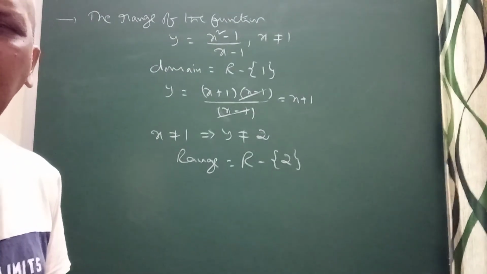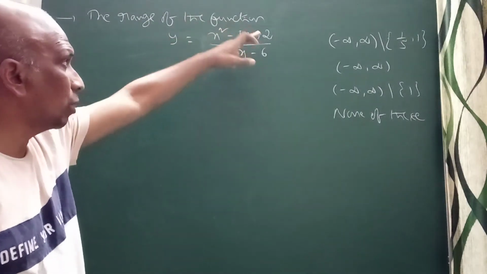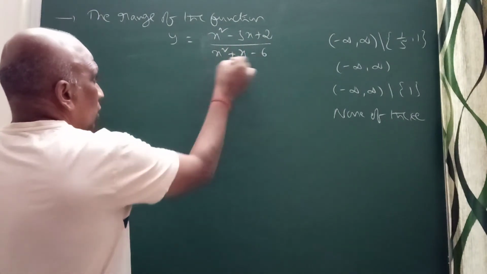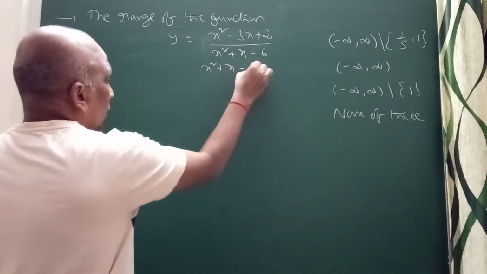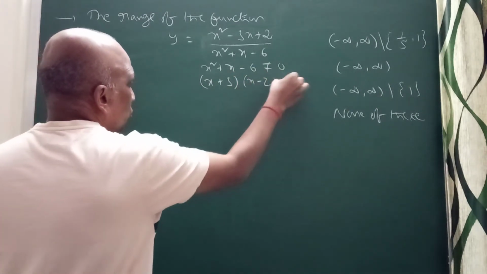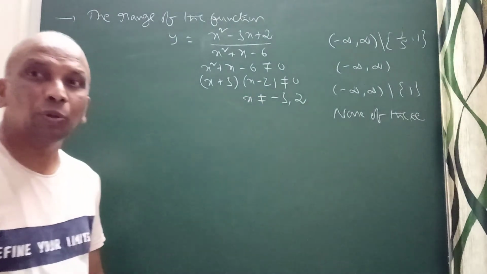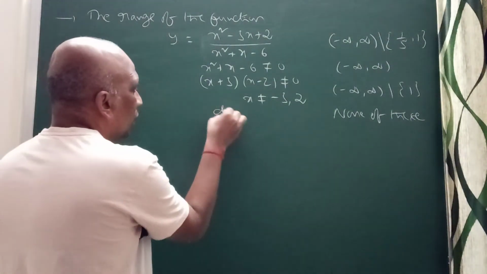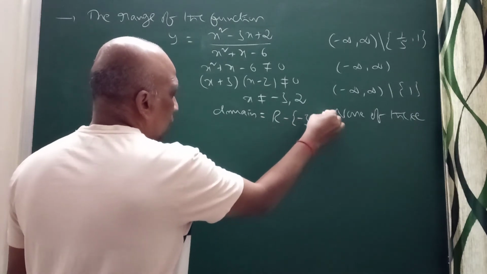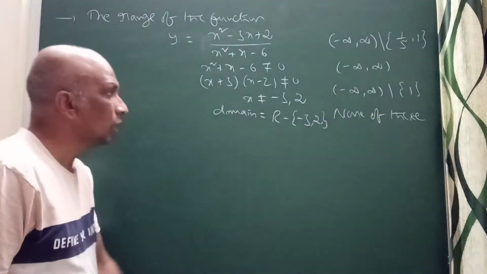Now, the next problem. Now in this problem, we are getting two quadratic expressions, right? x square minus 3x plus 2 over x square plus x minus 6. But you can think here, when I'm talking about the domain, the denominator should not be equal to 0, right? x square plus x minus 6 should not be equal to 0. So you will get x plus 3 into x minus 2 should not be equal to 0. x should not be equal to minus 3 comma 2, right? x should not be equal to these two values. So you can think about domain now. So domain is equal to R minus the set of minus 3 comma 2. These are the two values, right? I can consider except these two values. Correct? This is the domain of this.